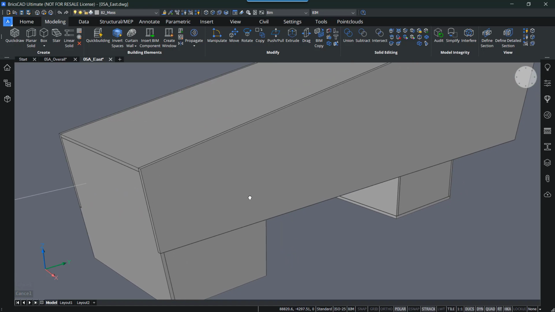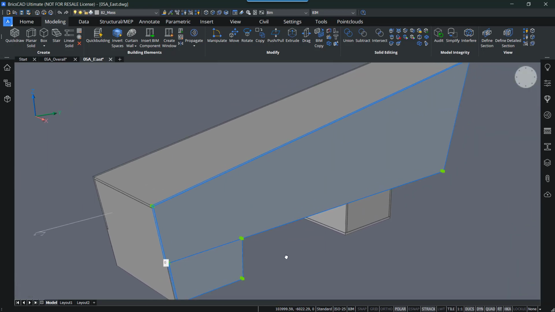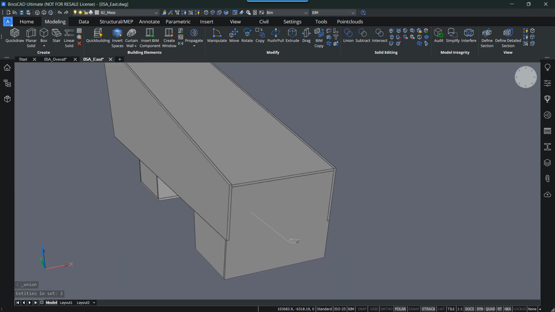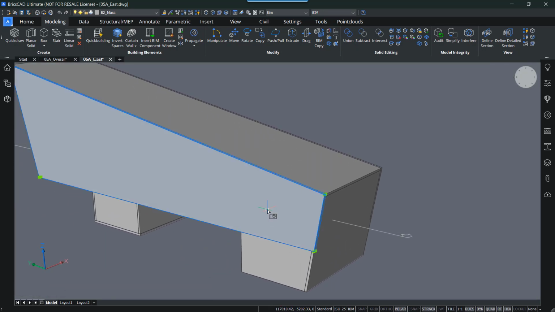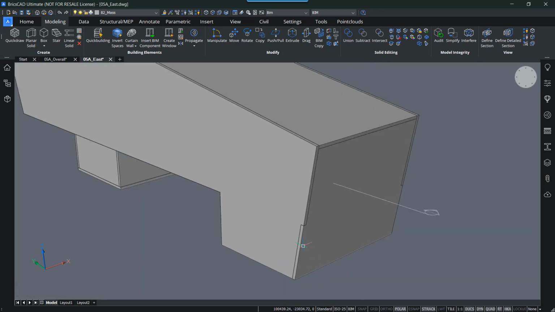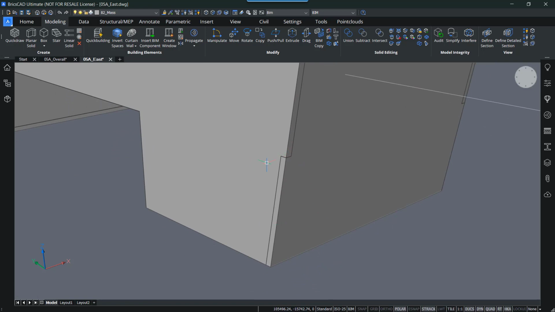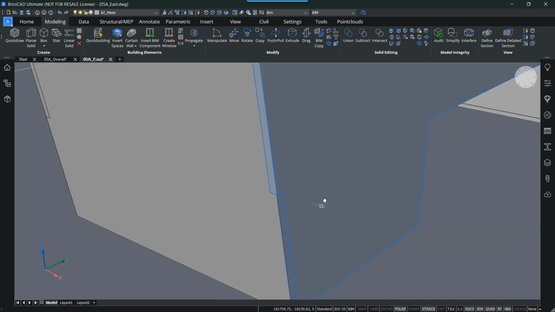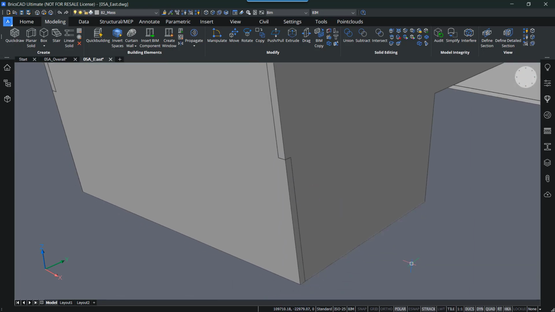Maybe only for this part I want to have it as one big solid instead of two separate things. For that I can use union here to merge them back together. On the other side as well, I'm just clicking the upper solid and then the lower one and using union to combine both. Of course, because of the splitting and this union, you see that here I have a weird connection on the other side as well. We can quickly solve that with push-pull.